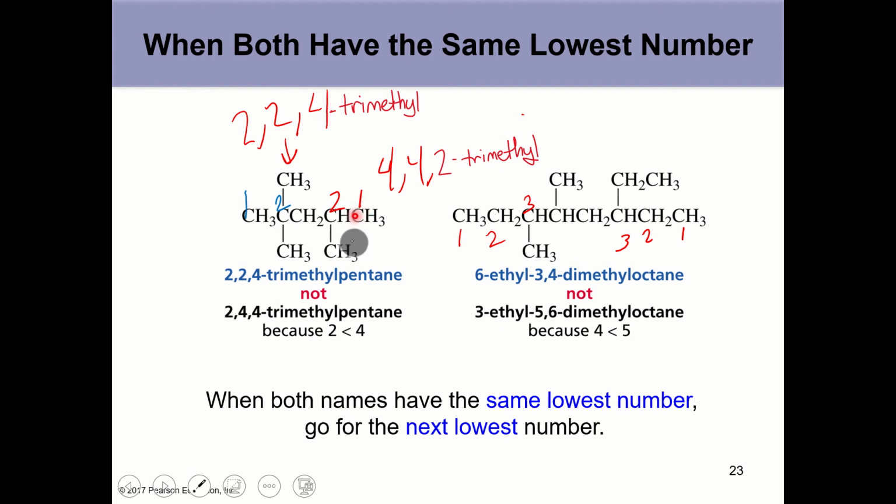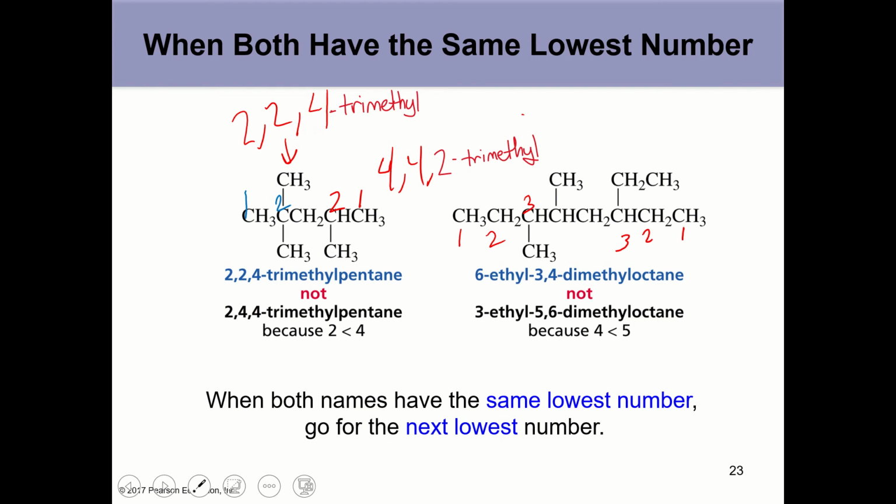if we number from the right, the first branch is at carbon 2. If we number from the left, the first branch is at carbon 2. But there are 2 branches at carbon 2 from the right. And so that would result in 2 numbers with a 2 and 1 number with a 4 if we number from the right. So we would get 2, 2, 4